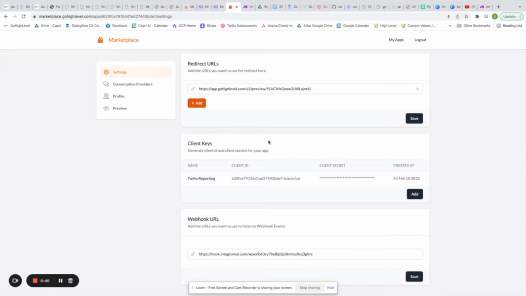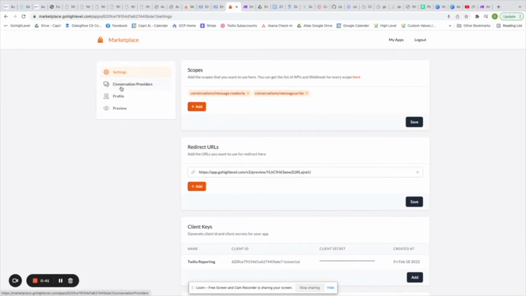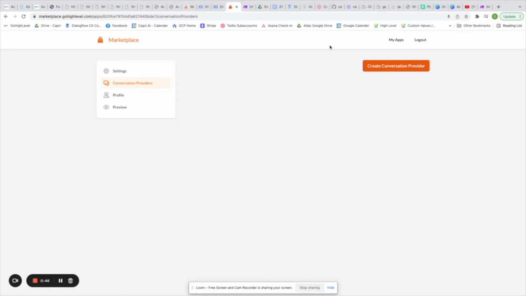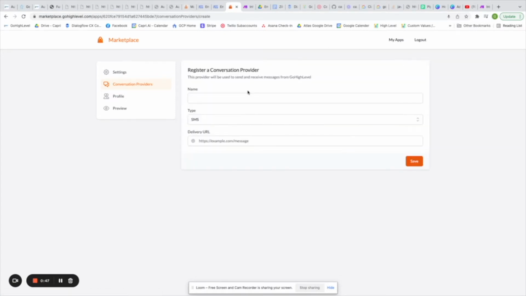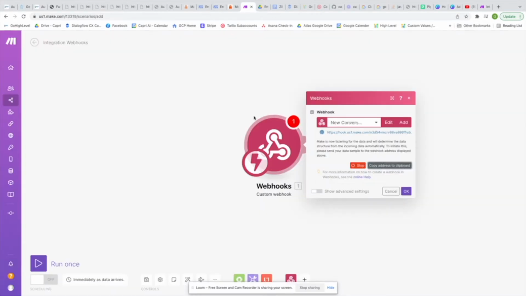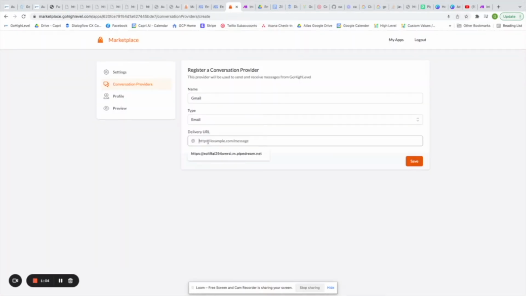And then now the important thing that we want to do is here under conversations providers, we want to go and add an extra conversation provider. So I'm going to click create conversation provider. This name is going to be Gmail. The type is going to be email, and the delivery URL is going to be my Integromat, now Make, formerly known as Integromat. I'm going to copy this webhook, and I'm going to add that right here into the